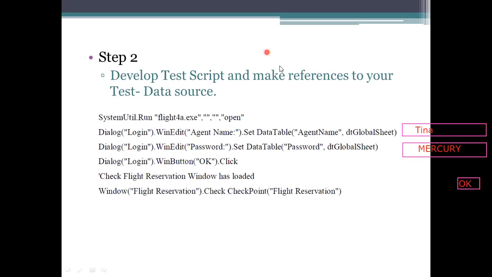Okay. After that, go for the password. So the password for Tina is Mercury, which is all caps here. This is all done. And when clicking this one, what happens here? We need to get into the flight reservation window. Okay. Here the processing will be done multiple times. If we design it in such a way, then it will be done multiple times.